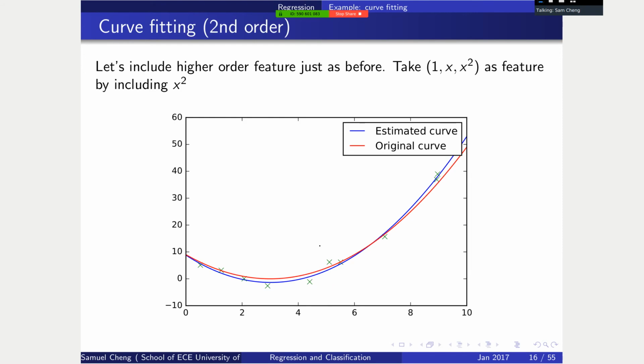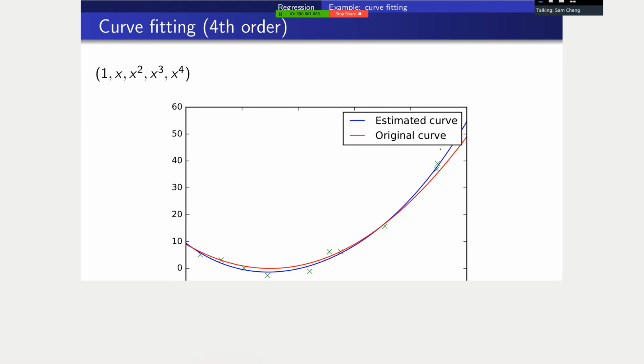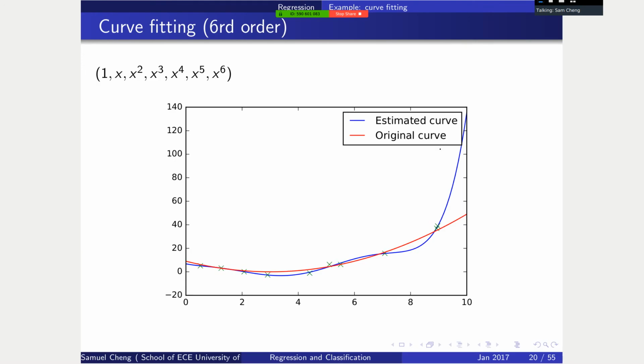Now if I expand it 1 time, I will expand my features from x to x and x squared. Then again I can compute the weights and do the estimation, and this is the estimation we got. And I can continue to include higher and higher order, and as you can see, as I include higher and higher order,